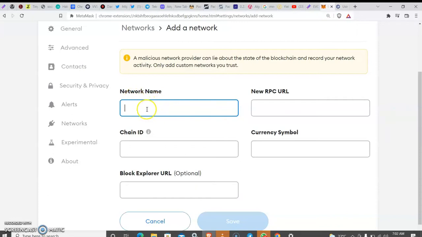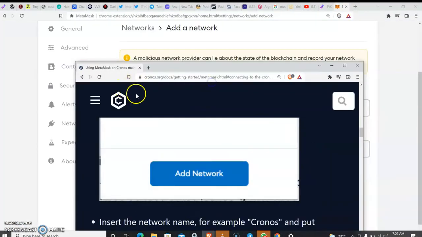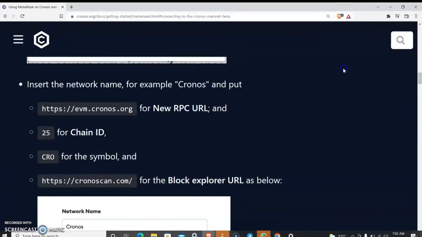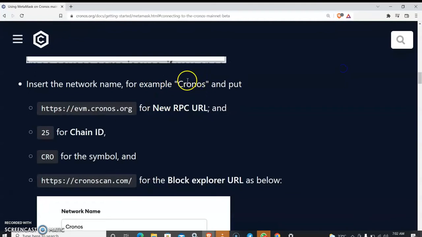The network name is Cronos. So you just type Cronos or copy and paste it here as it is displayed. Having carried out the setting, we'll move directly to the bridge